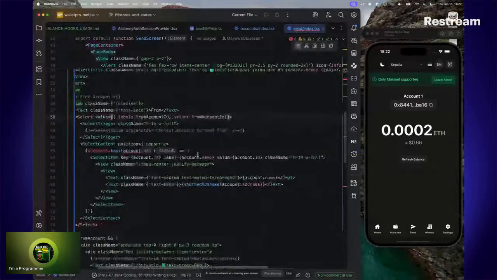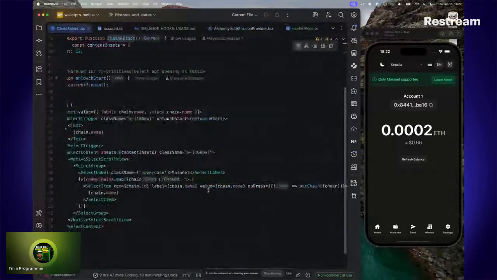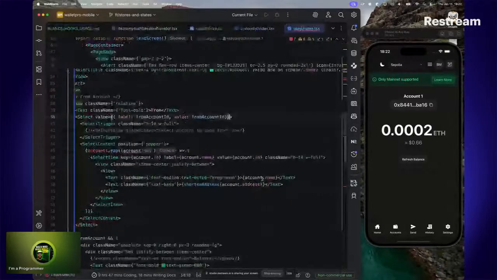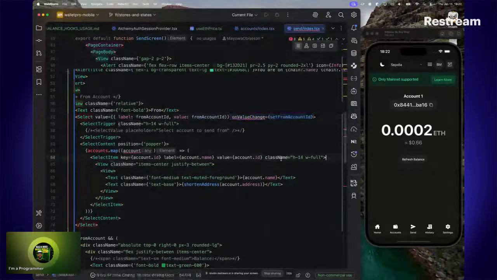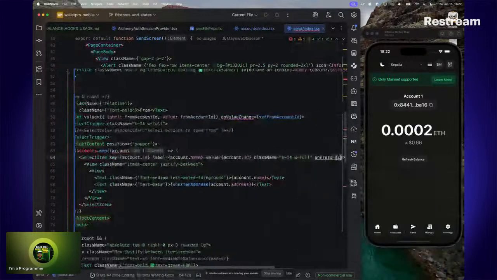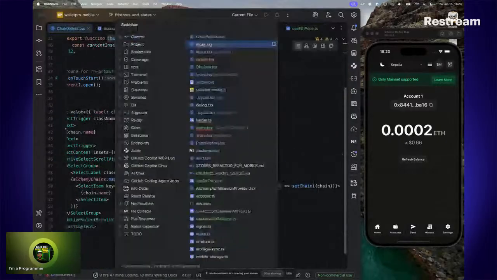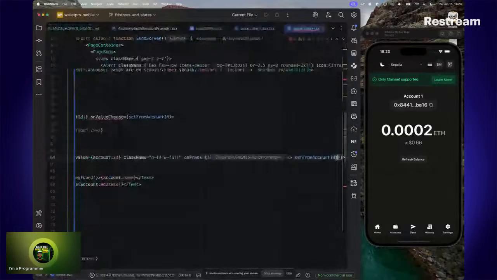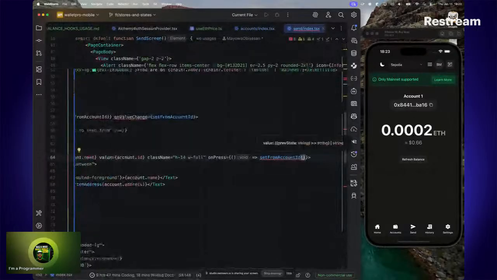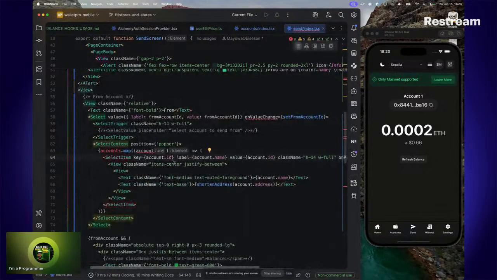So when we click the item here, just like the way we did it here, so we're going to set on press. I'm going to set it to set from account ID. So it's going to be from here. On press is going to be set from account ID. Same way we did it here. Set from account ID, then we set the value, which is supposed to be a literal string. So set from account ID is supposed to be